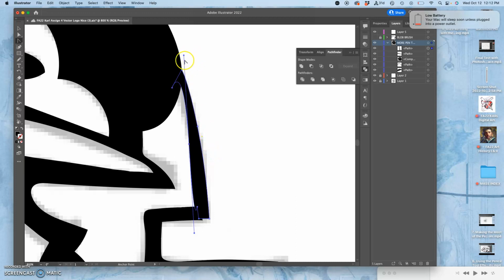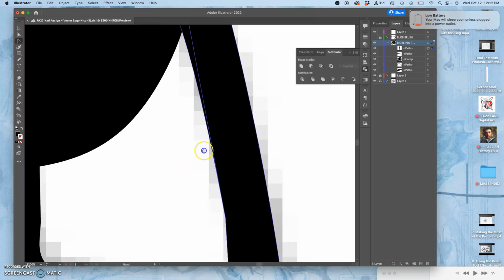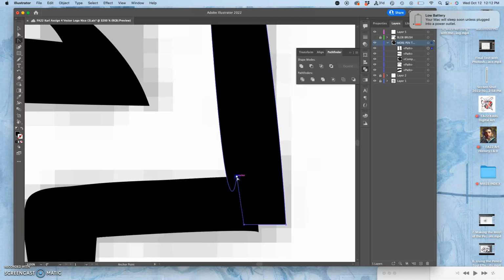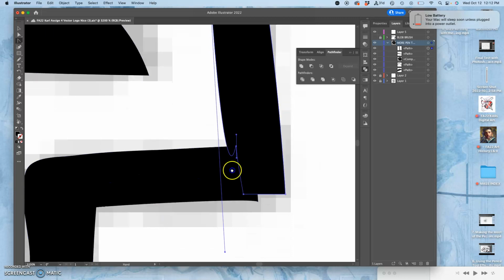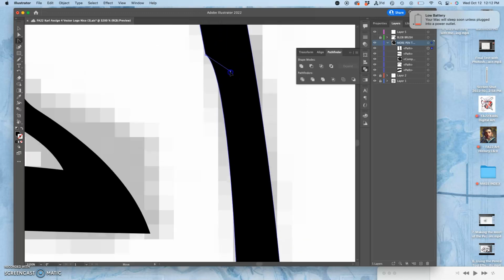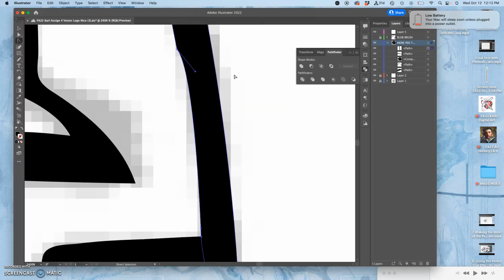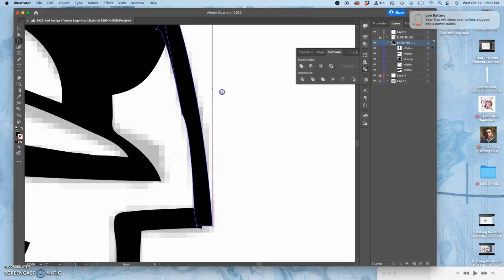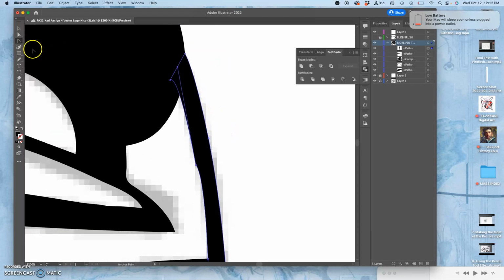And that gives me curves that I can then independently adjust. Where'd the other one go? It's down here. That's where it is. I'm just going to go ahead and